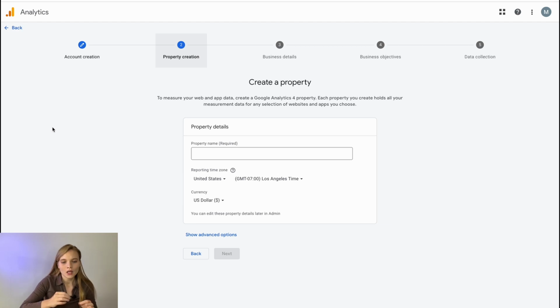But if you have several websites or several other landing pages, you are still one company with only one account, but you can have several properties here. So one property is for website 1, the second property is for website 2, and so on and so on